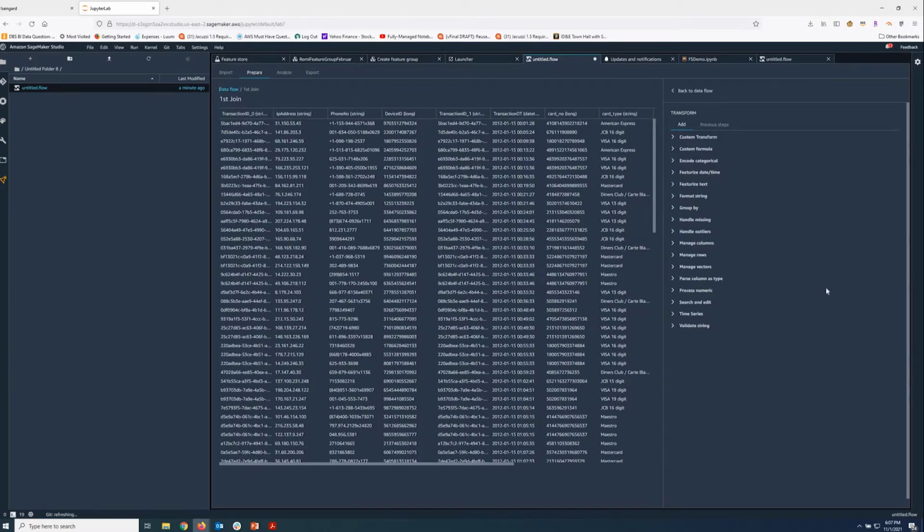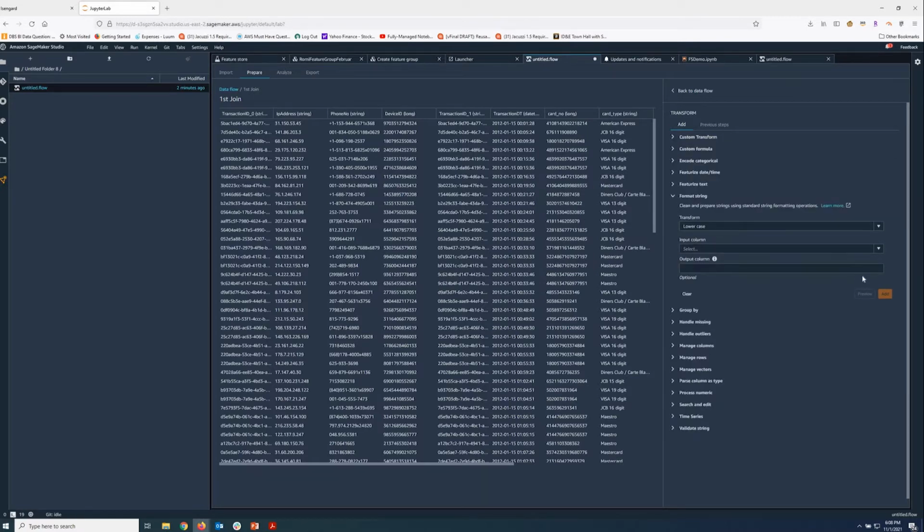We have mentioned that there are about 300 predefined transforms in SageMaker Data Wrangler. And in addition, you could also write your own custom Python transform. Right now, we will just take one predefined transform, format string.